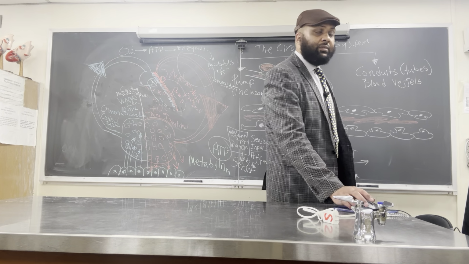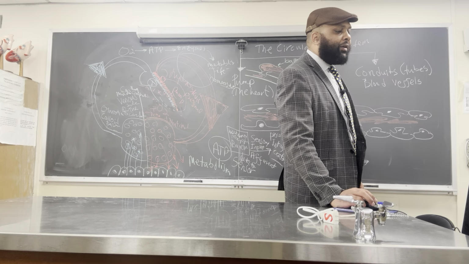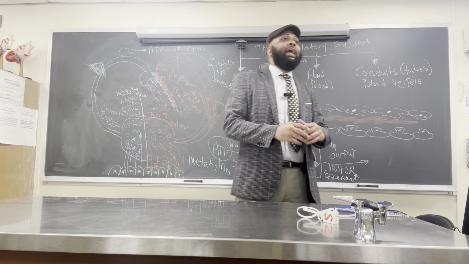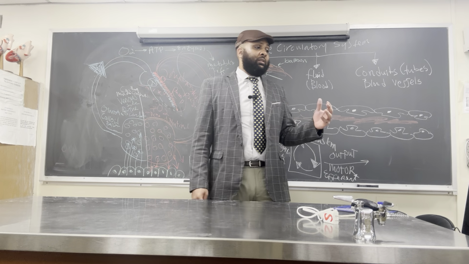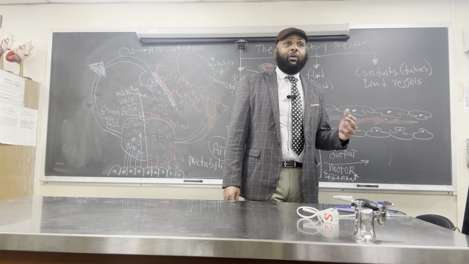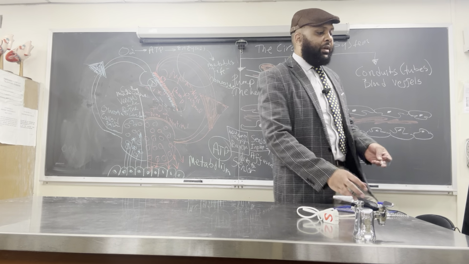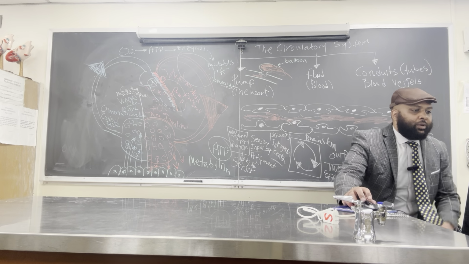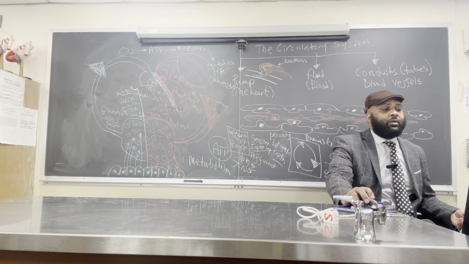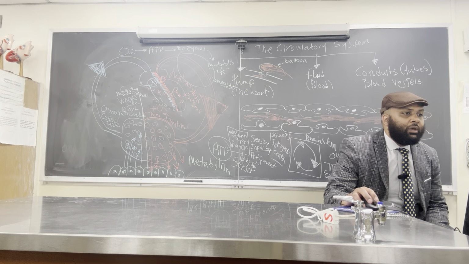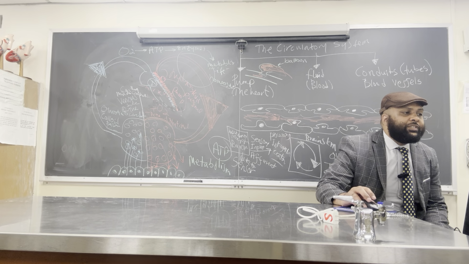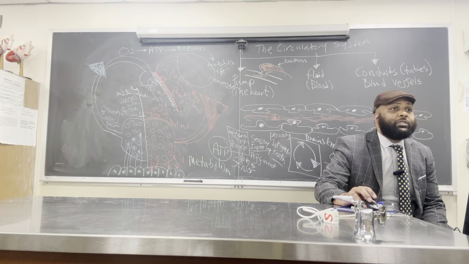Is that clear? Where do we find the baroreceptors? Now they're telling you the anatomical landmarks. Where do we find our baroreceptors? We find them in the internal carotid artery. These are known as the carotid sinuses. And there they are. So there are two types of receptors: